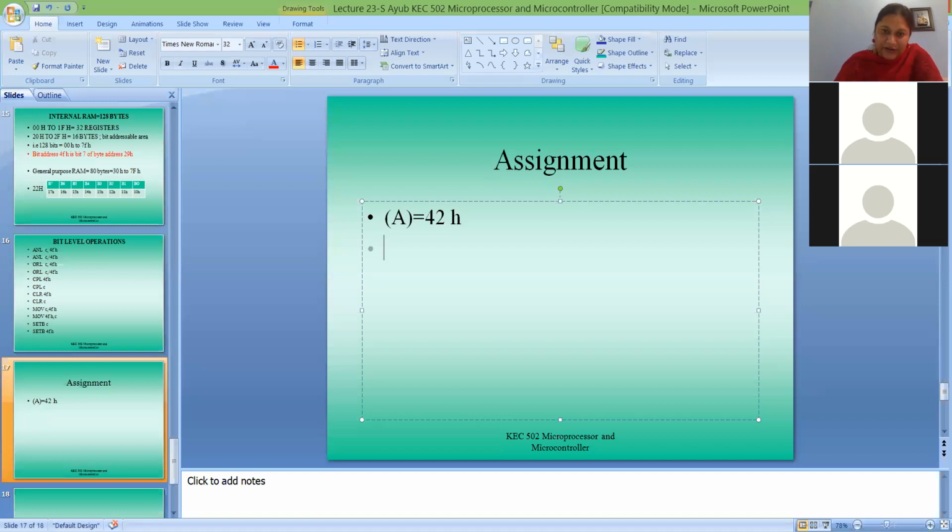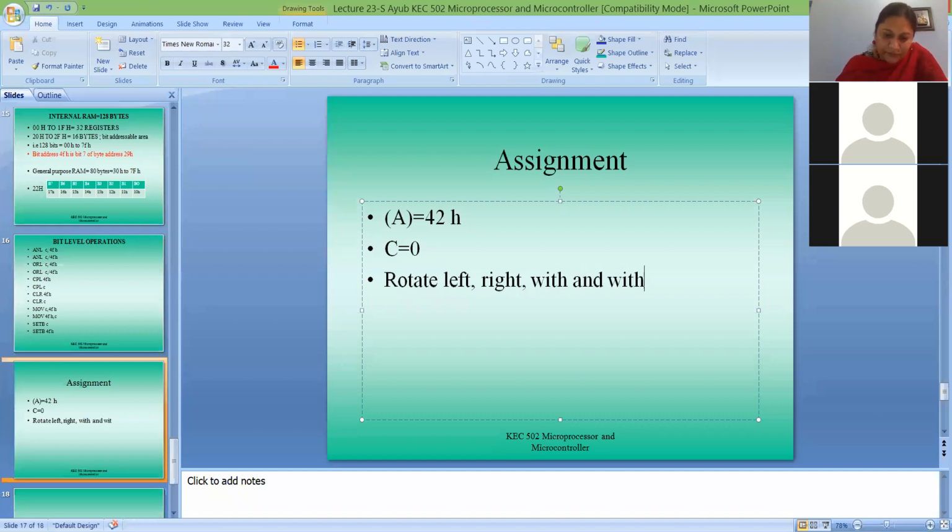Rotate left, right, with and without carry, and swap. Carry is 0. All this you have to find out after swapping.